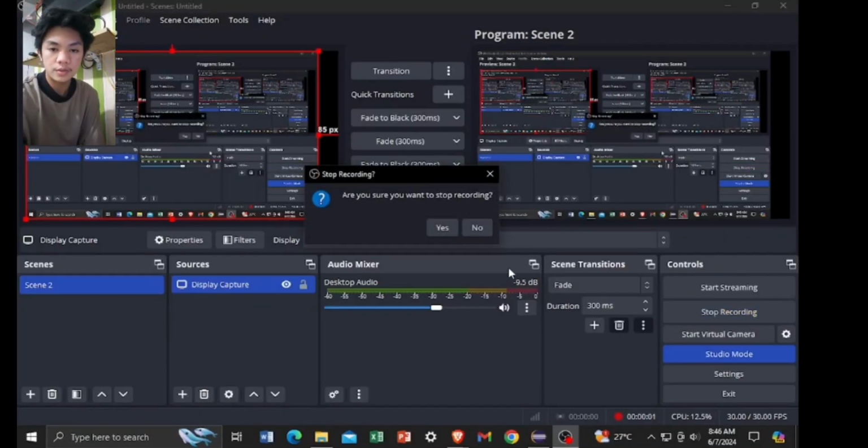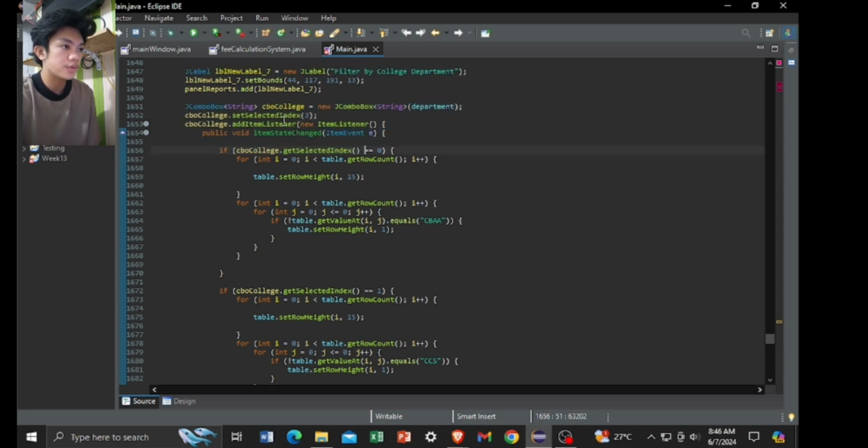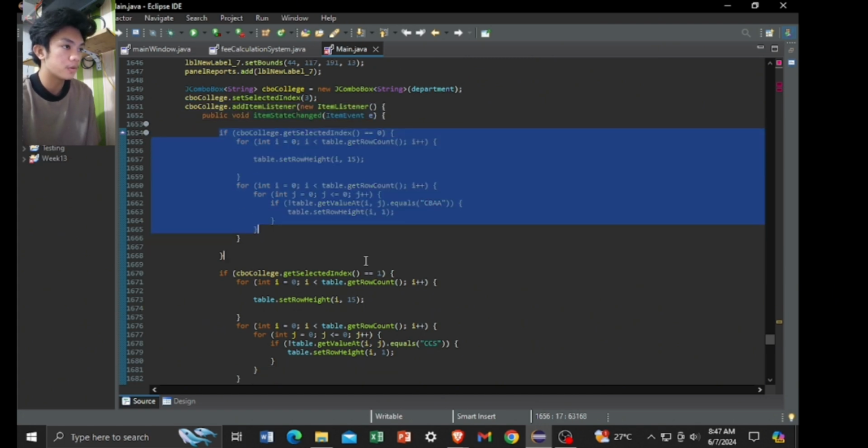Greetings everyone, my name is Mark Denzel Emanuelas and I will show you the functions of the JComboBox named cboCollege. After we add an item listener to it, we can see that we put a few conditions to manipulate the flow of the program.